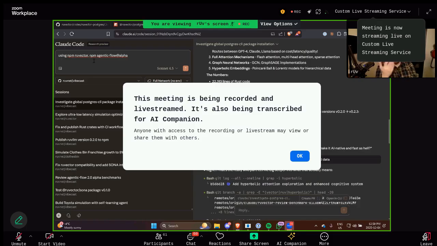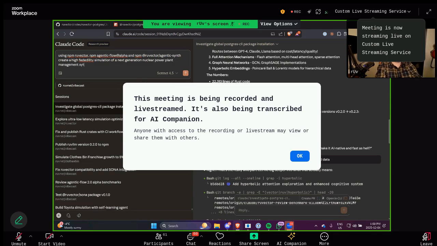Now, if I don't have that, let's say I'm a startup and I want to simulate what my likely path to success is over the next 2 years, then I'm going to go in here and say using npm root vector, npm agentic flow, and npm Agentic Synth, create a high fidelity, I gotta spell it right, fidelity simulation of a next generation nuclear power plant management system, including all supply chain,